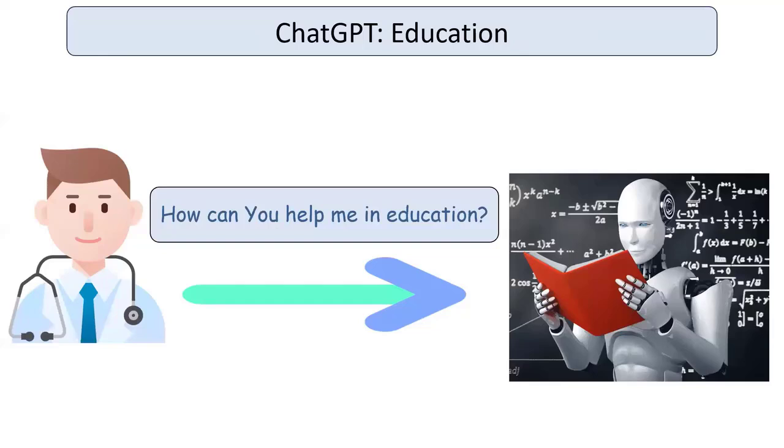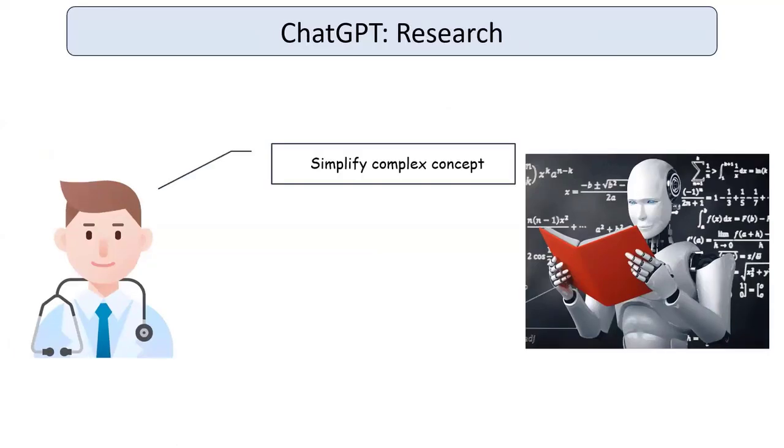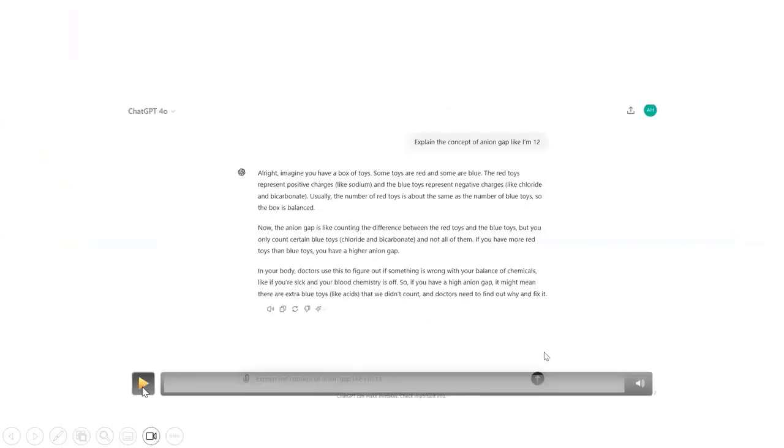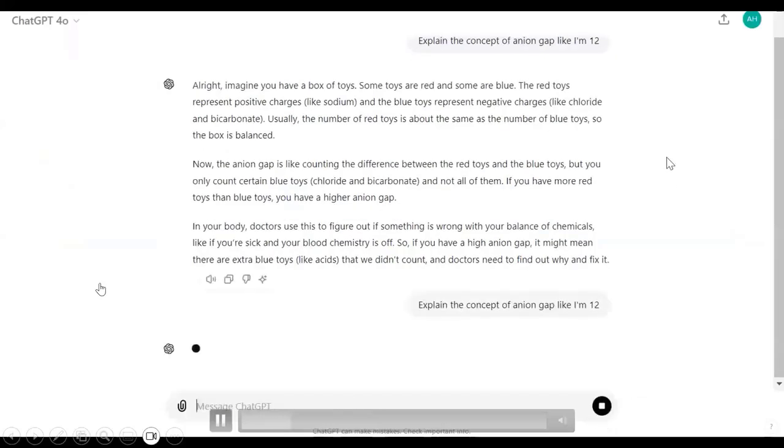And the final part of this lecture is how ChatGPT can help me in education. First of all, it can simplify complex concepts. Suppose that we need to understand the alveolar gap. You can ask ChatGPT to explain the concept of the alveolar gap like I'm 12 years old. If we put this sentence like that, you can get this